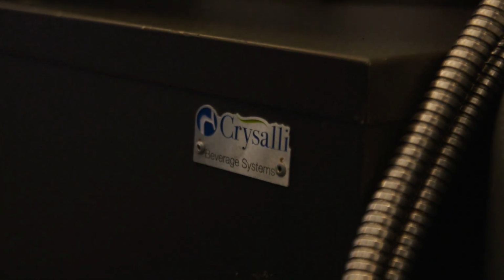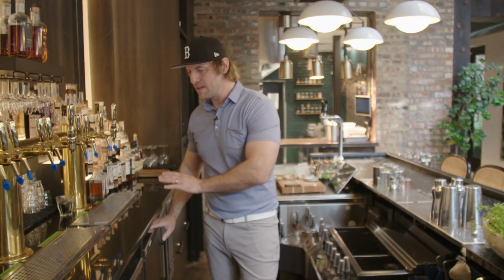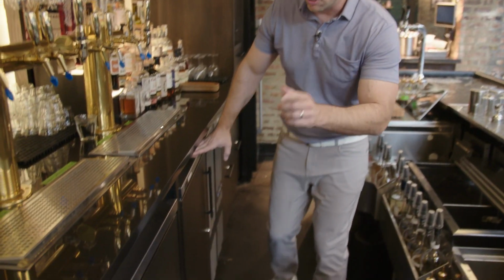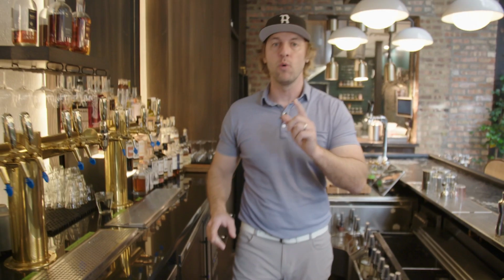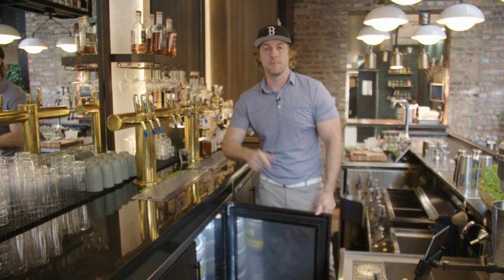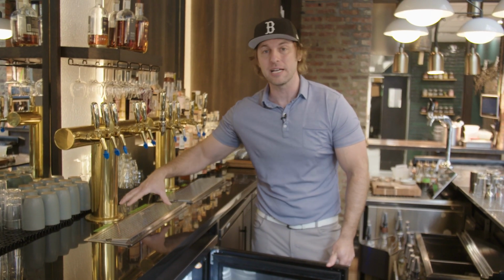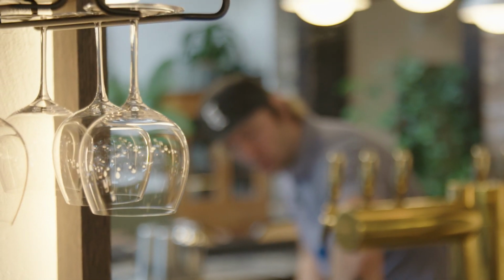Fantastic unit, fantastic company. As we continue on down the line, we have our BBS 36 back bar cooler, 36-inch length, field lamination. Now, importantly, when we want to draft beer in our bar and we don't have the building conditions or the space to run it out of a keg cooler and run a full glycol system, we can run a direct draw system. And the nice thing about direct draw, it can actually be customized into the bar top. All we need to do is cut a hole in the countertop, cut a hole in the back bar cooler,